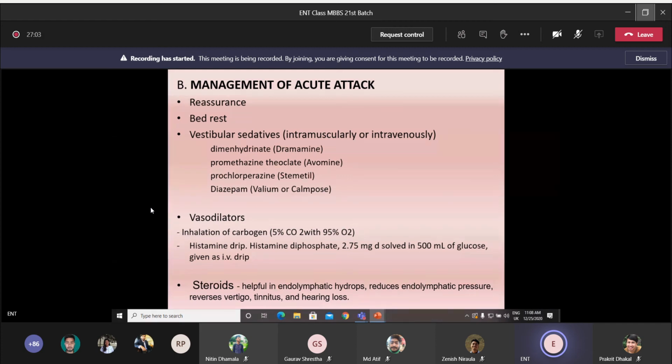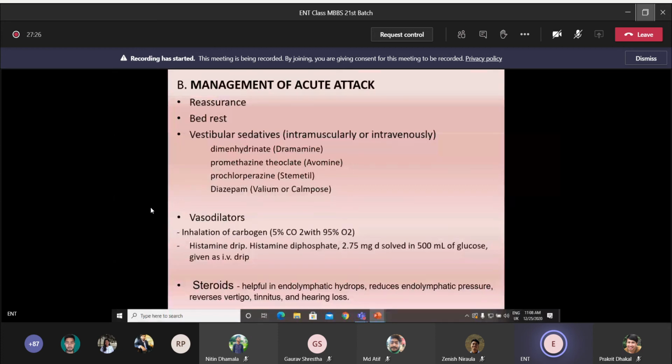And vasodilators: these are inhalation of carbogen, or a histamine drip can also be given. And even steroid injections are helpful because these are potent anti-inflammatory agents. So it reduces the endolymphatic pressure, and then it reverses or decreases the symptoms the Meniere's disease